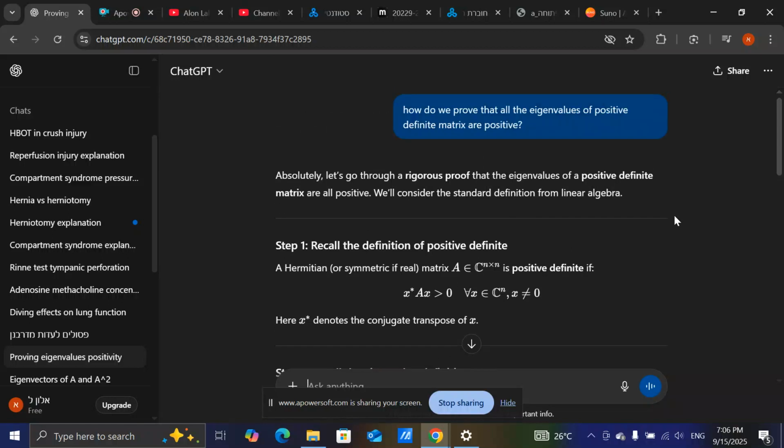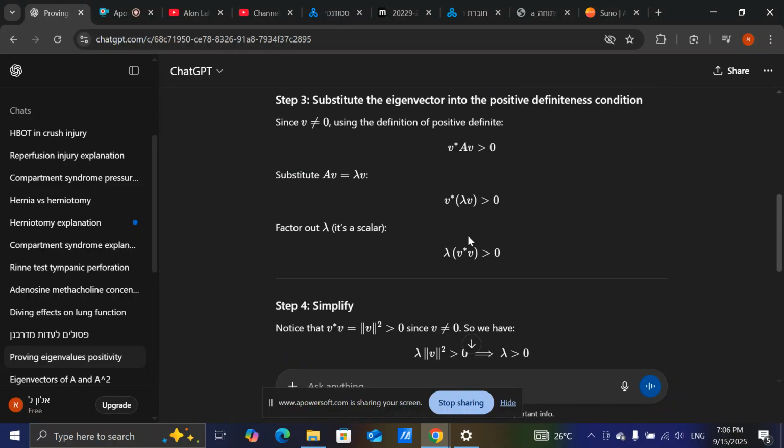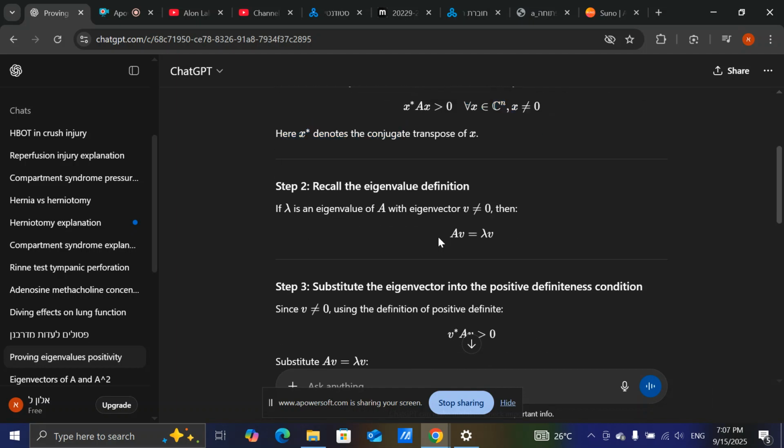We are going to talk about an interesting fact, and we will prove it: the idea that the eigenvalues of a positive definite matrix... It's important to note that I'm going to talk about positive definite, but in the same manner, in the same proof, with just a little bit of change, you can prove things for positive semi-definite, negative definite, and negative semi-definite matrices. So we're going to talk about eigenvalues of a positive definite matrix.